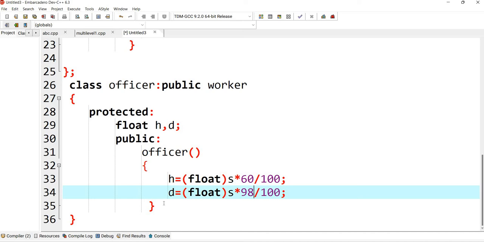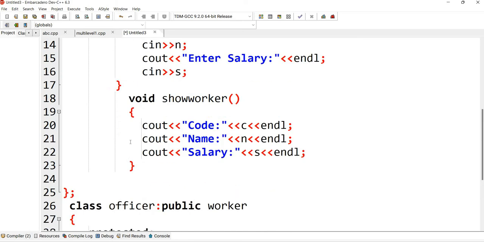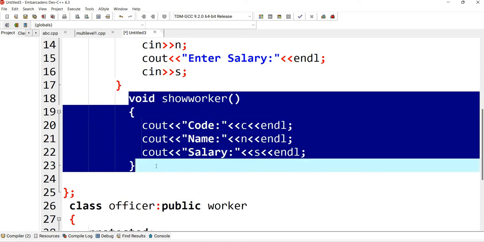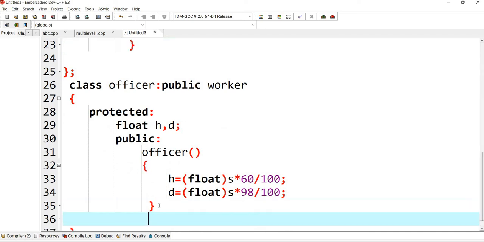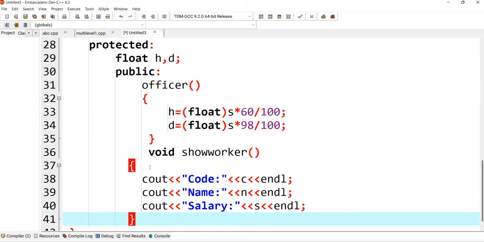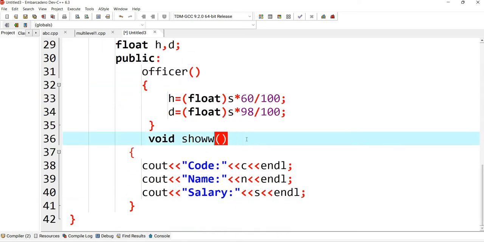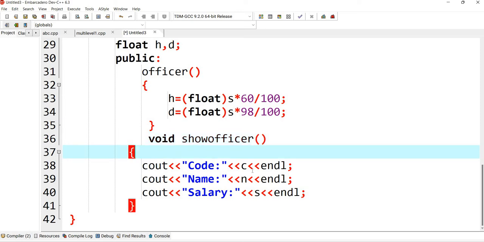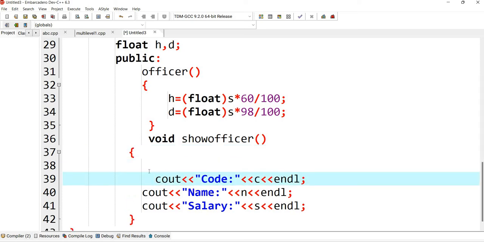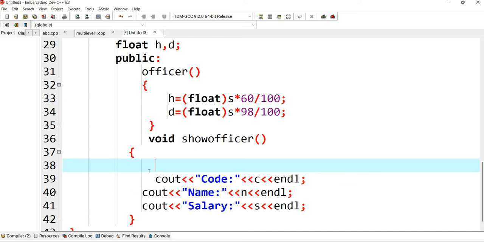Okay. Now again I have to take one member function here, just like the previous member function. For example, I'll take show officer, right? Now I have to display HRA and DA. One more thing I can do is call the previous member function within this member function, so that at the end I can call only the last member function.